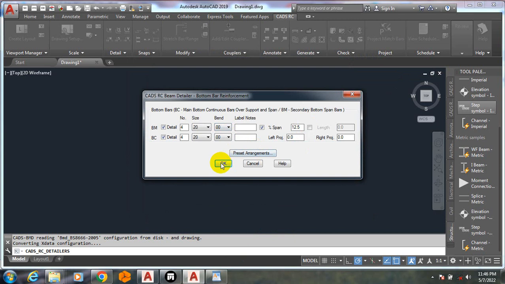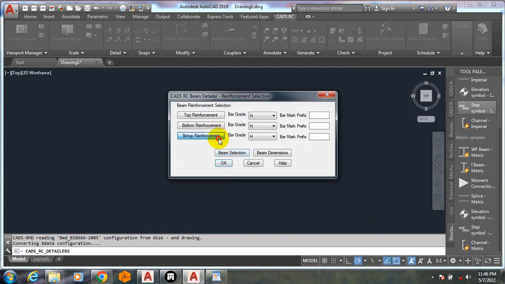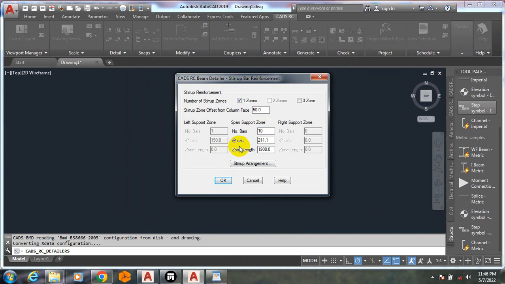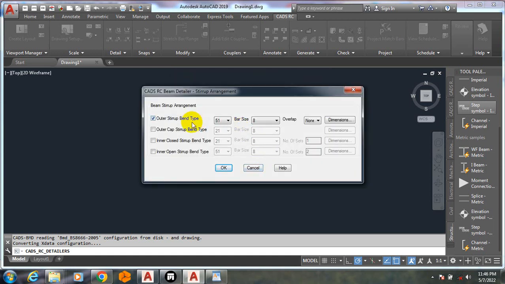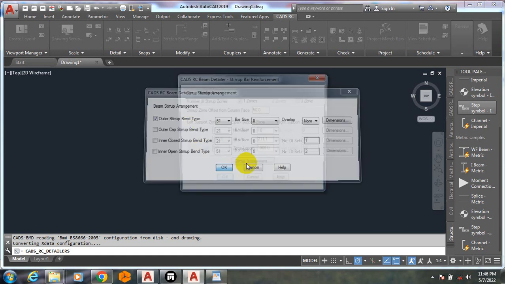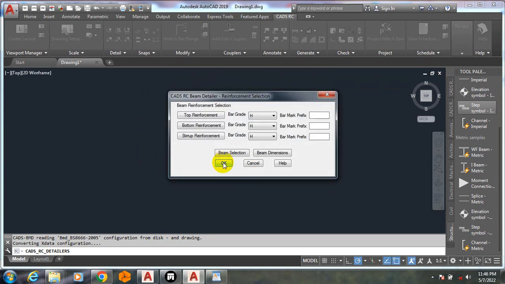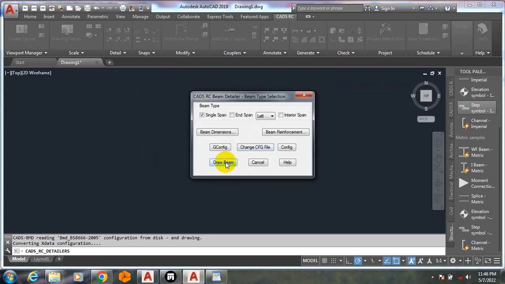Bottom reinforcement. I'm just going to leave them as default as the way it is. My stirrups here, number of bars 10. Stirrup zone offset from column. You can edit all of this stirrup arrangement. You can see it's actually a bit deep. So if I click on OK and I click on draw beam,